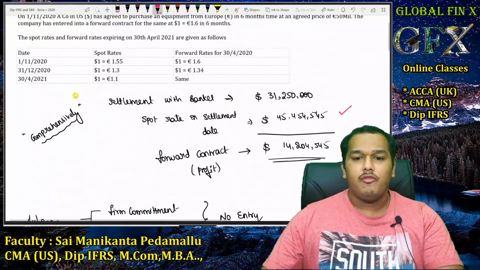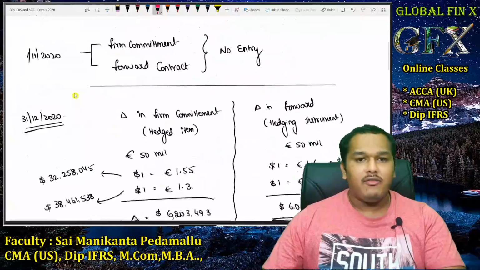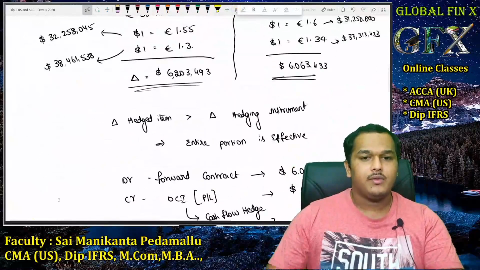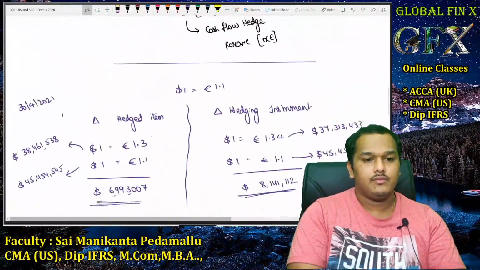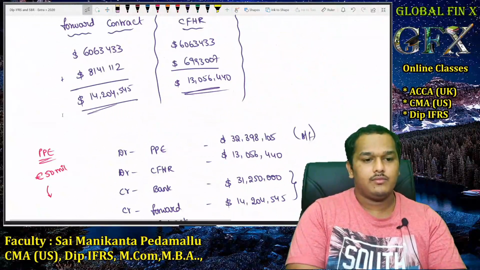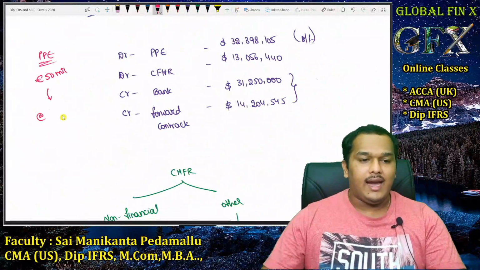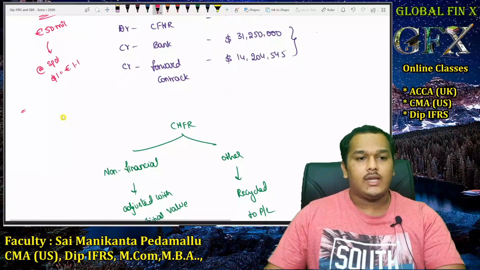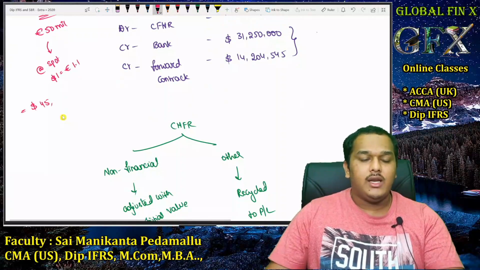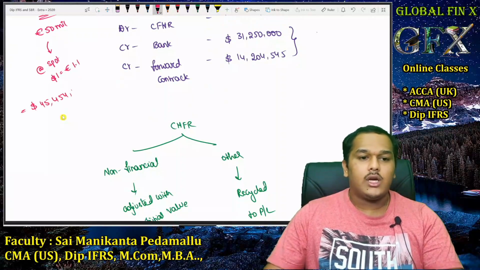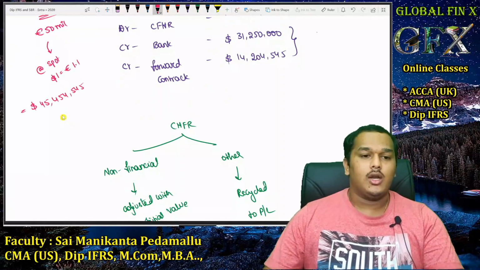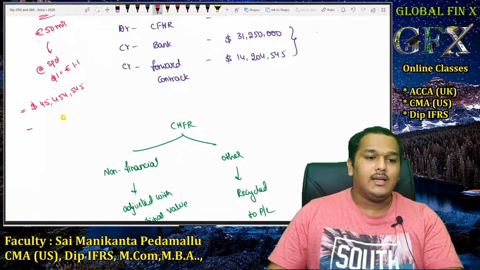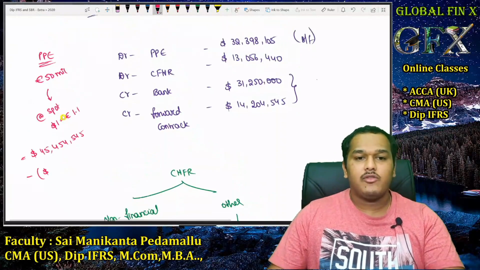He will demand 45,454,545. At spot, that is $1 equal to euro 1.1. So that is equal to $45,454,545, right? Minus the cash flow hedge reserve that we are having,